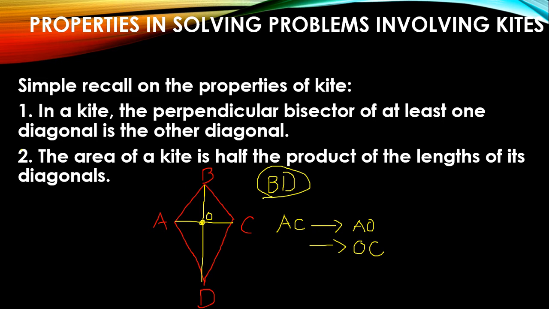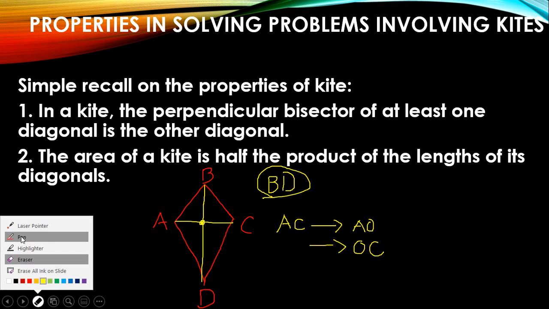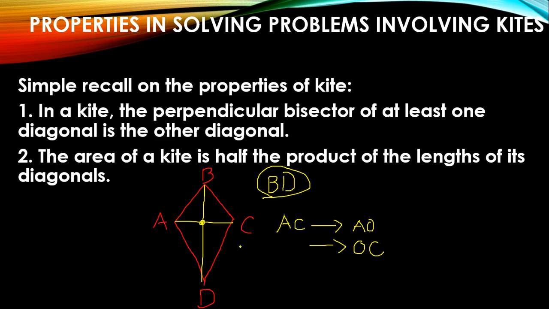Okay? Then for number 2, the area of a kite is half the product of the lengths of its diagonals. Based on the illustration we drew, this kite, if you're going to find the area of the kite, this is the formula. A sub k is equal to 1/2 times D sub 1